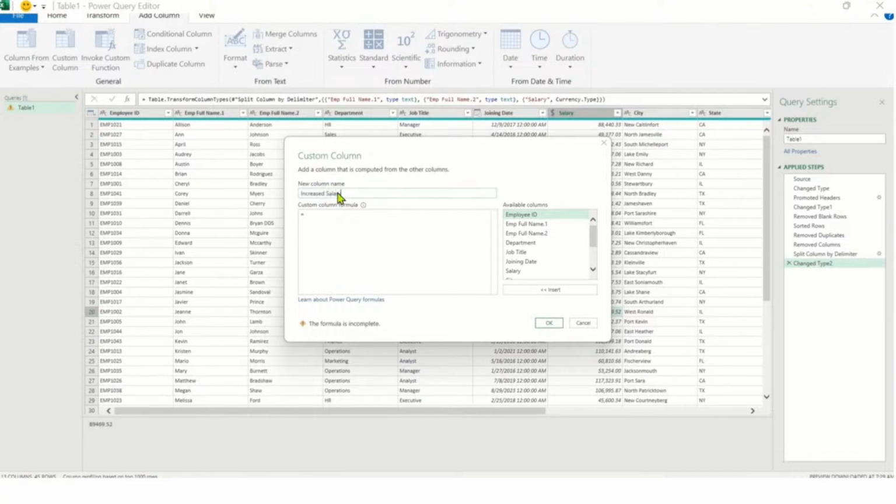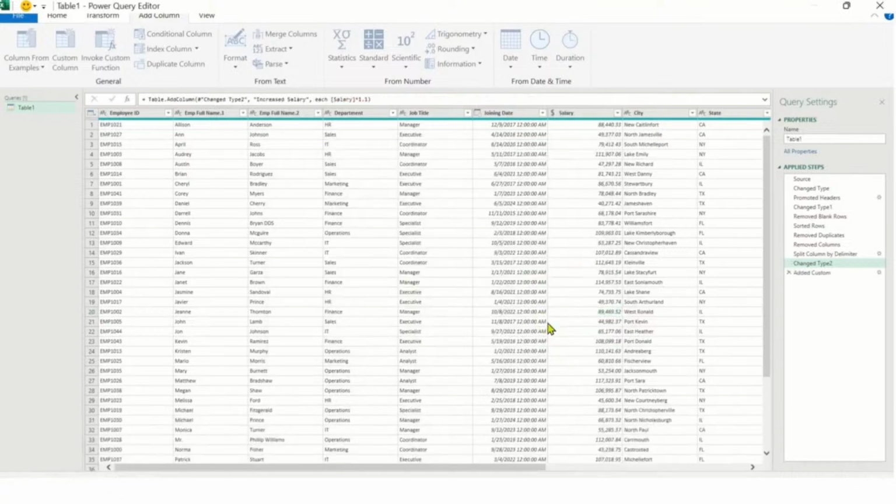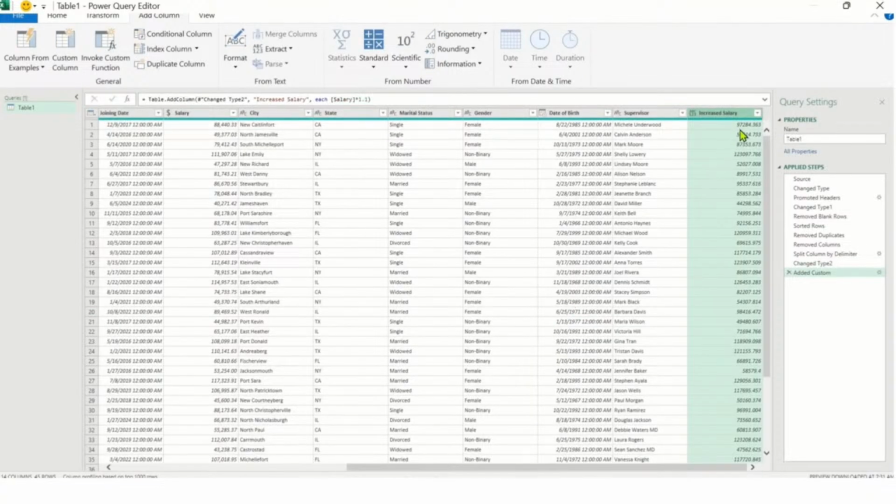हैं। फिर कस्टम कॉलम फॉर्मूला में हमें फॉर्मूला लिखना है जो कि 10% सैलरी इंक्रीज करेगा। तो इसके लिए इक्वल साइन के बाद हम राइट साइड में अवेलेबल कॉलम्स में से सैलरी सेलेक्ट करके इंसर्ट बटन पे क्लिक करेंगे और मल्टीप्लाई साइन लगाकर 1.1 लिखेंगे, जिससे सैलरी 10% बढ़ जाएगी। उसके बाद ओके पे क्लिक करेंगे। ओके पे क्लिक करते ही एक नया कॉलम ऐड हो जाएगा शीट के लास्ट में, जिसमें हमारी बढ़ी हुई सैलरी होगी जो कि दिए